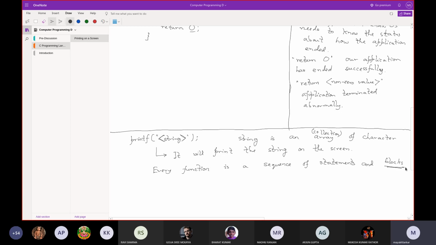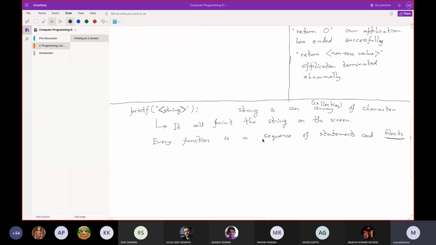I'll discuss blocks later on. For now, consider it a sequence of statements. A statement tells to do something, and it ends with a semicolon.